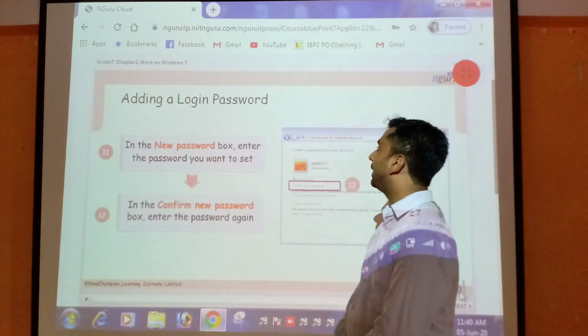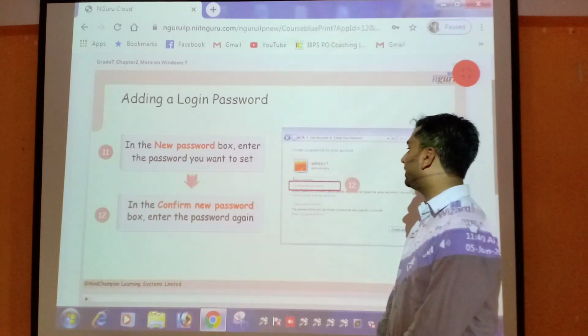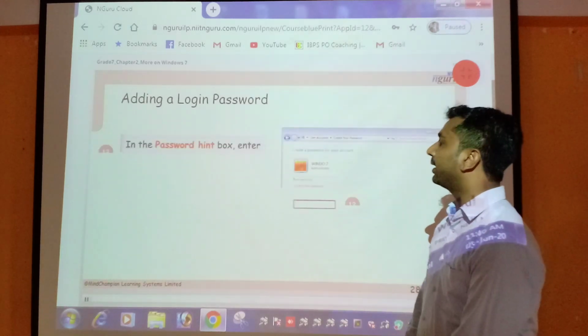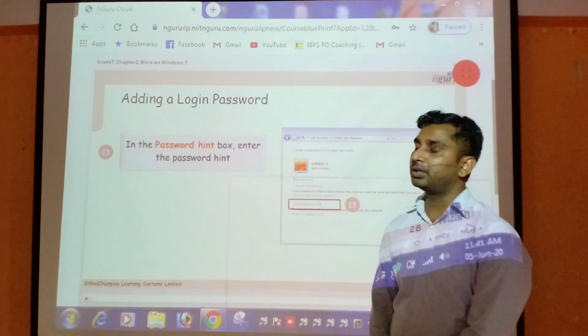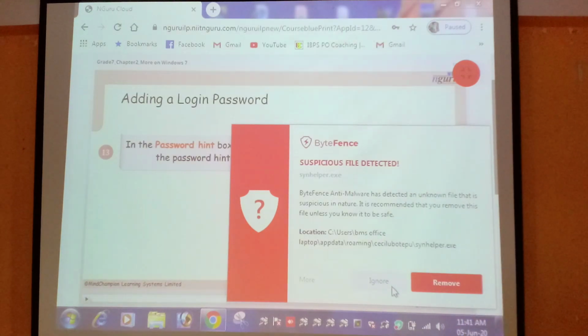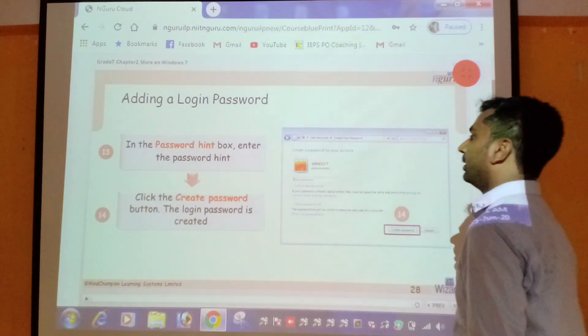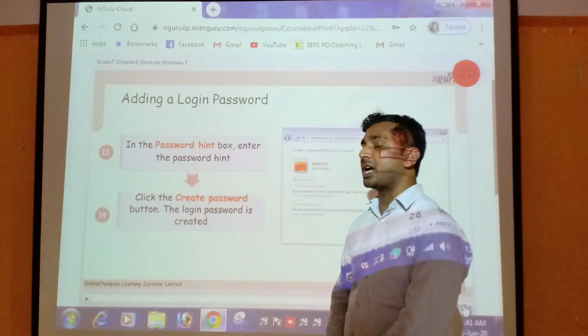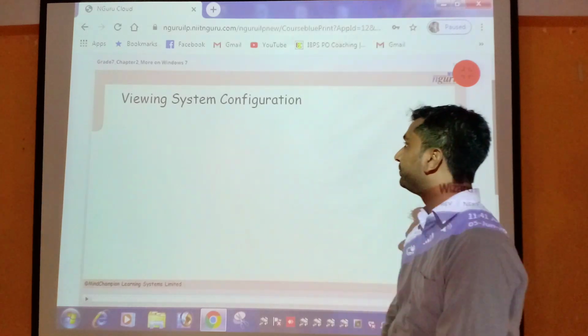In the new password box, enter the password you want to set. In the password hint box, enter the password hint. After that, click the create password button. The login password is generated.